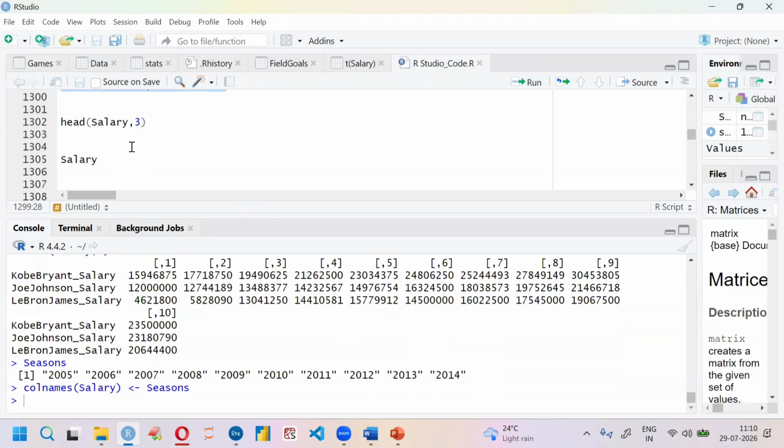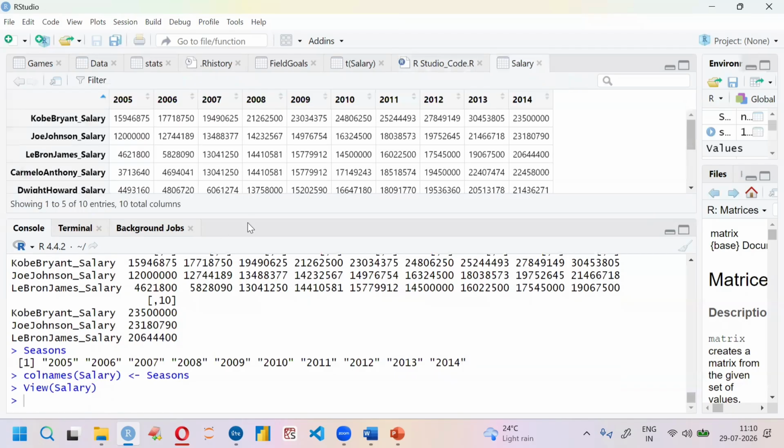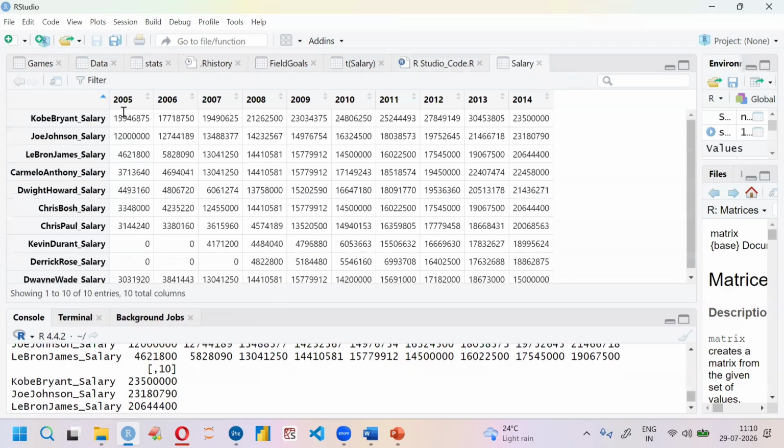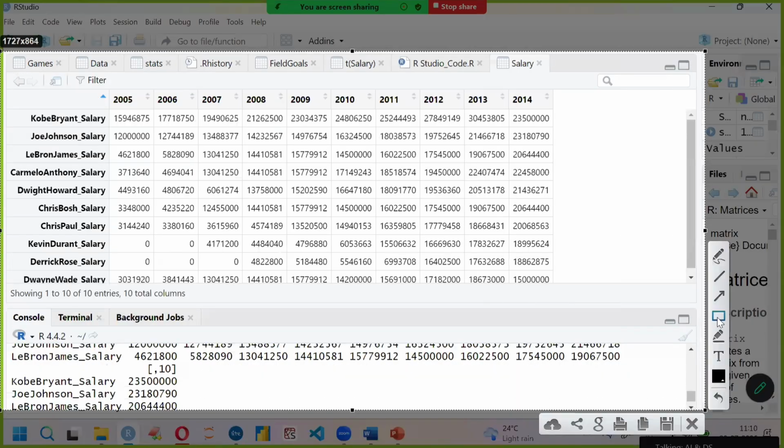Right now, just see view salary. So what happened? We had given valid names to the columns. Since this is the 2005 calendar year, their respective salary: Kobe Bryant salary, Joe Johnson salary, LeBron James salary. This is 2006, their respective salary. This is 2007 and all. Okay. And if you observe, there is one more thing you need to find out, that for every player